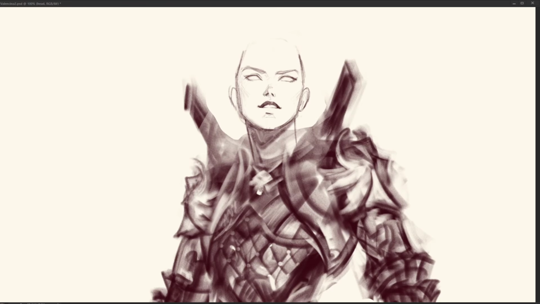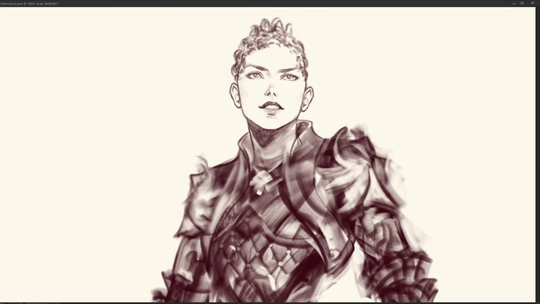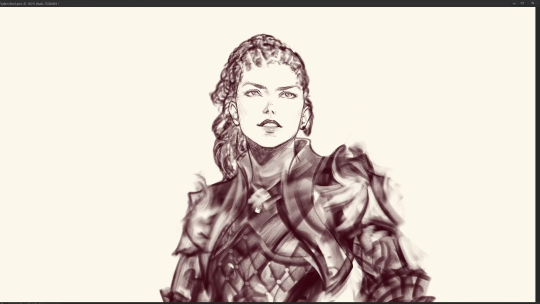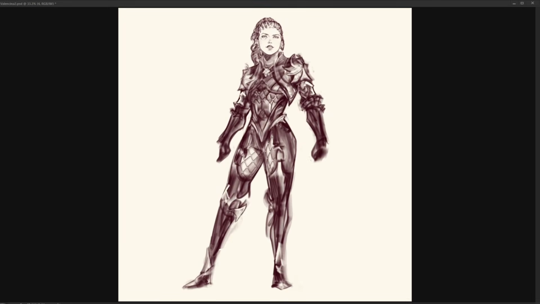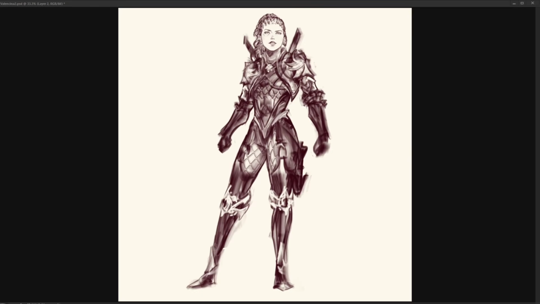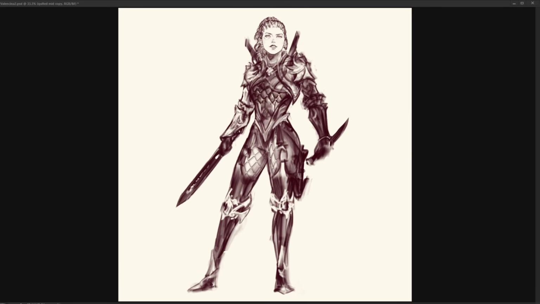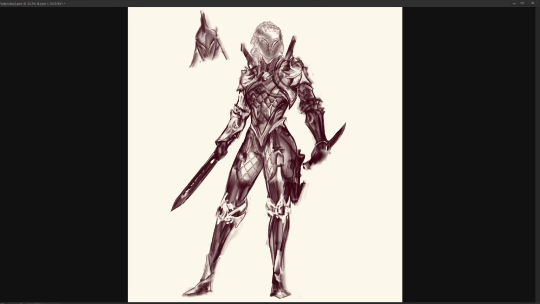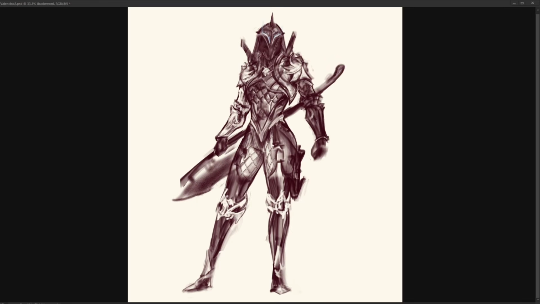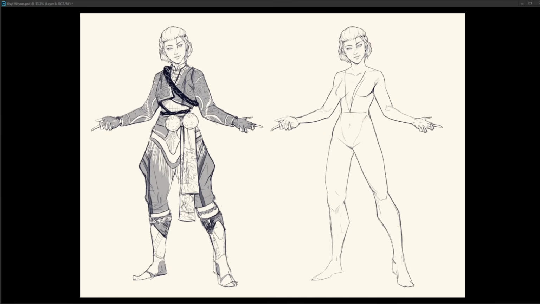I'm also not using a full opaque brush, and so the transparency also gives this level of texture where I've painted over something a little bit more than in another area, and the value contrast creates detail. And then I can also very quickly make areas darker than others because the brush is transparent, and I can get an inclination of shadow. And so you get a faux rendered look very quickly. So the piece starts looking more finished and more detailed more quickly. Whereas with lines, you would have to go in and actually draw in the detail, which again just takes a lot longer. So this painting process, I use it a lot to save time.